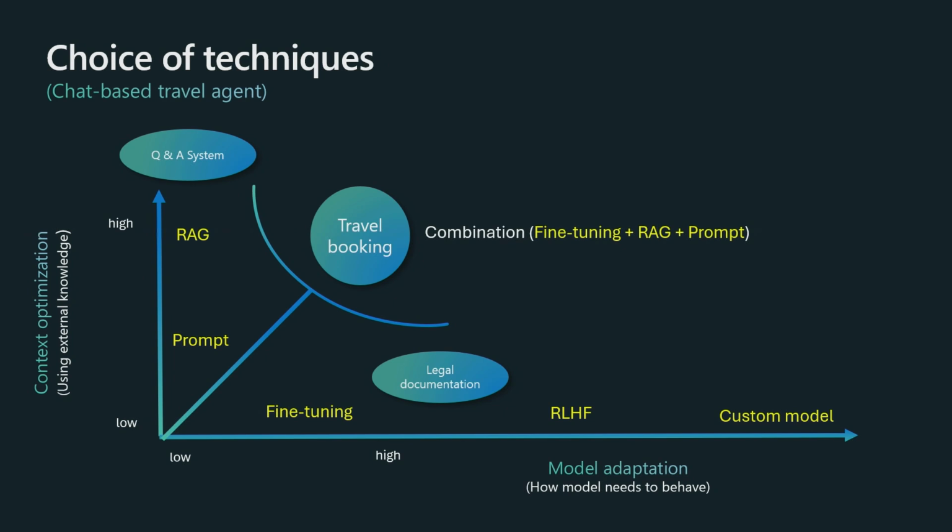For example, if you're doing a Q&A system where you actually have a lookup, then RAG is a good technique to use. If you're trying to do, let's say, legal documentation, where every county, country, or region might have different legal documents, and the rules could be different, how you pick that up and manage that is not easily done using RAG. That's when you do fine-tuning. But let's say you want to do something like a travel agent, where you need data which is current. If you don't have the latest flight booking, you can't book a flight. And you want instruction following as well. So use a combination of those techniques.